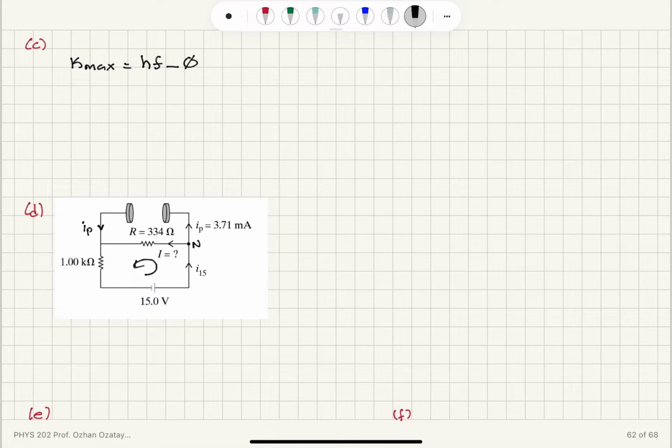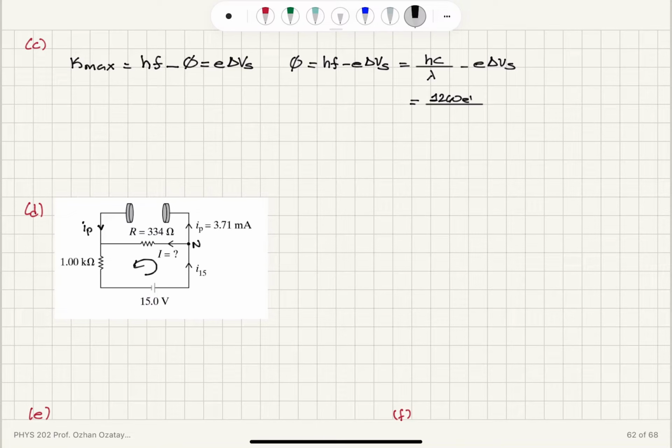hf minus the work function will be equal to the stopping potential energy. So this work function phi is then hf minus e delta Vs. So that is equal to hc over lambda minus e delta Vs. And for hc over lambda, I have a shortcut,